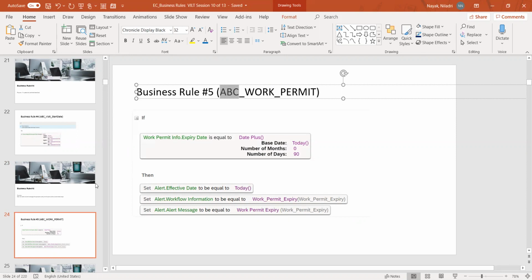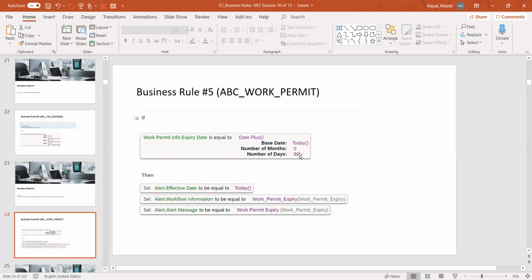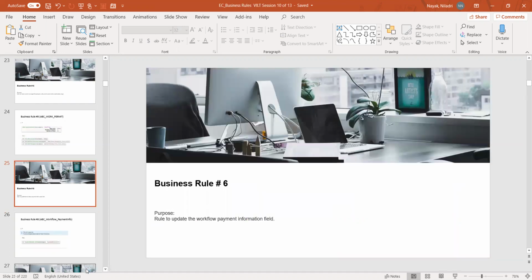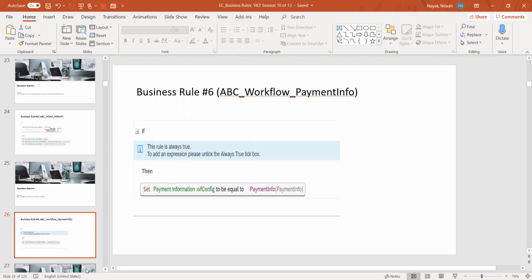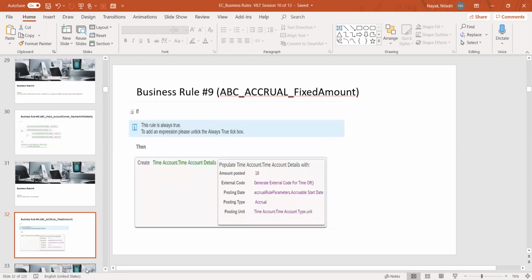So this is another example which I told you. The idea is to raise an alert message if an employee's work permit is expiring within the next certain days. I've given a 90 days example. It can be 40 days, 50 days. Accordingly, you simply change the number of days here. It is as simple as that. With that, I'll tell you some other example, which is if I start writing the rules there,